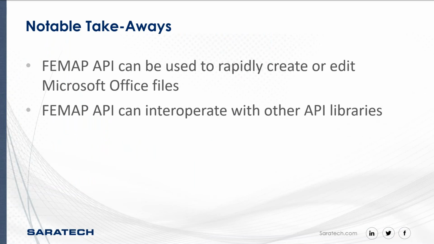So the notable takeaways from this are that the Femap API can be used to rapidly create or edit Microsoft Office files. Today we looked at Microsoft Word, but you can also interact with Microsoft Excel, Microsoft PowerPoint, etc. And the Femap API can interoperate with other API libraries. So you saw in this case, we added a reference to the Microsoft Word library. Many programs do have accessible libraries that you can use, including Microsoft Office. So anything you can find in that list or browse to in that references window, you can interact with the